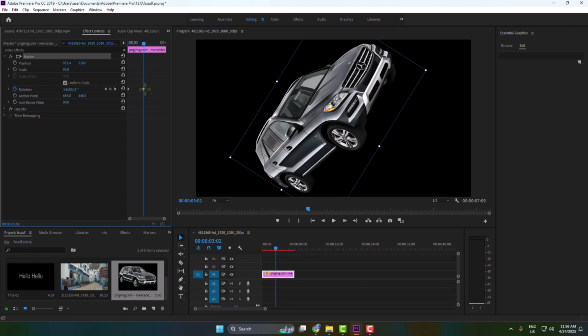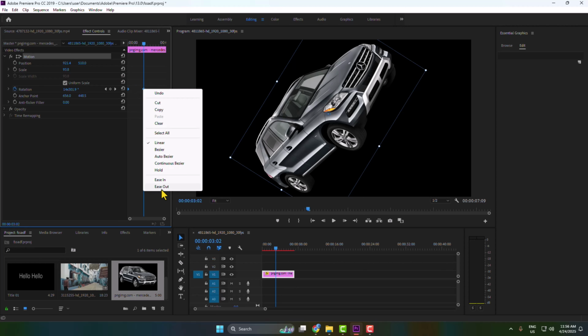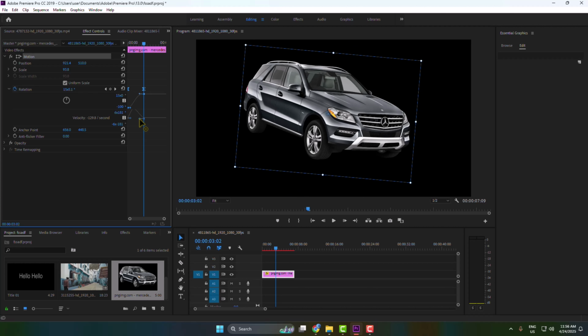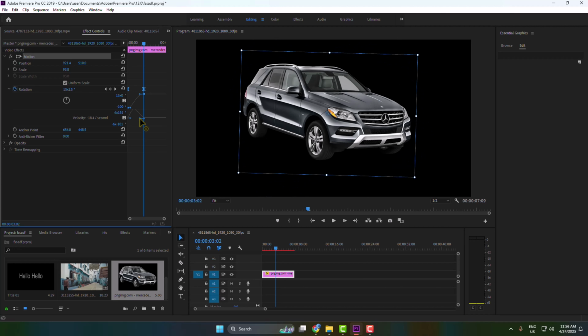you have to select both these keyframes and right click any of the selected frames and just click on ease out. Now you have to expand rotation, and here we can see the 2 keyframes. Now you have to add these 2 keyframes. As I add here, just follow my process. And now let's play the